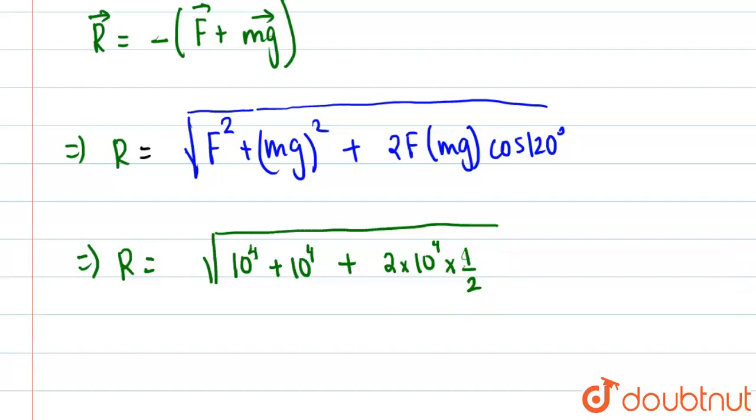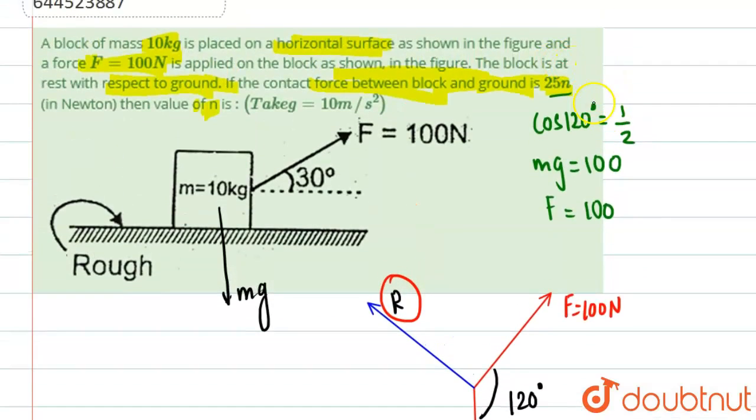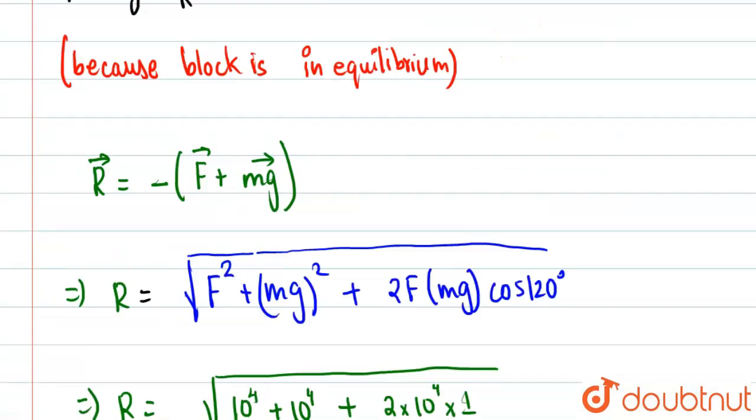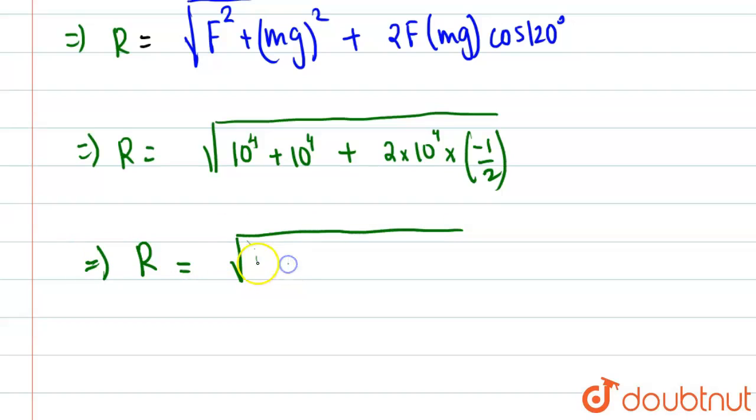One more thing we must notice is that cos 120 degrees is in the second quadrant, and in the second quadrant cos is negative, so there will be a minus sign. So R will be equal to the square root of 10 to the power 4 plus 10 to the power 4 minus 10 to the power 4. So this will come out to be 100